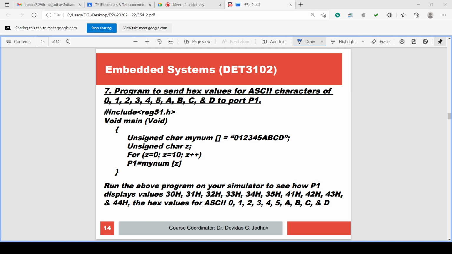Program is to send hex values for ASCII characters of 0, 1, 2, 3, 4, 5, then A, B, C and D, to the port P1.